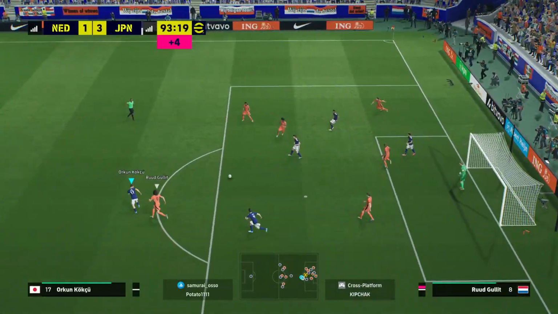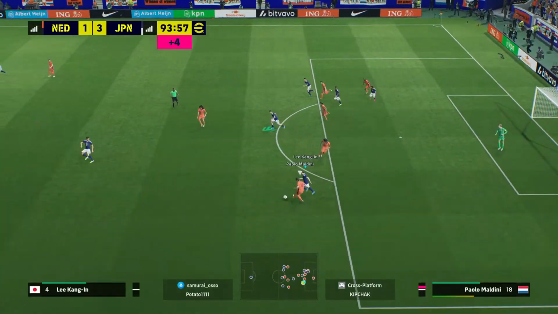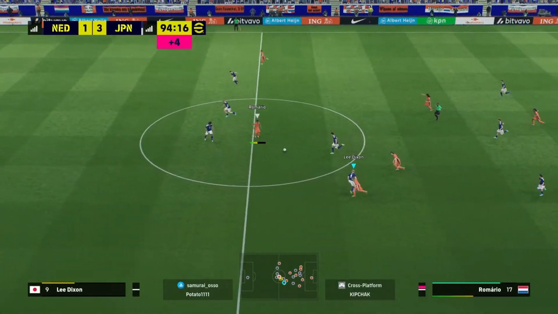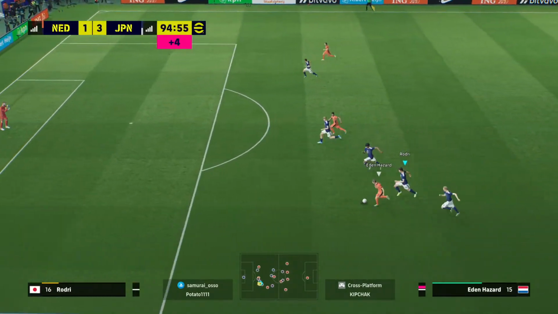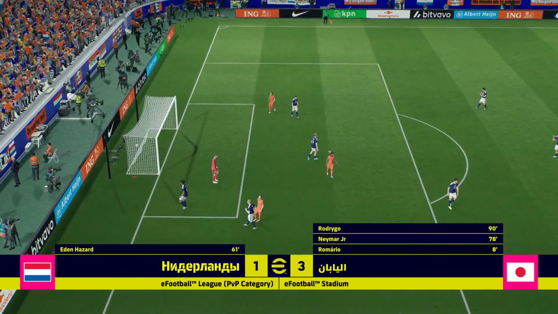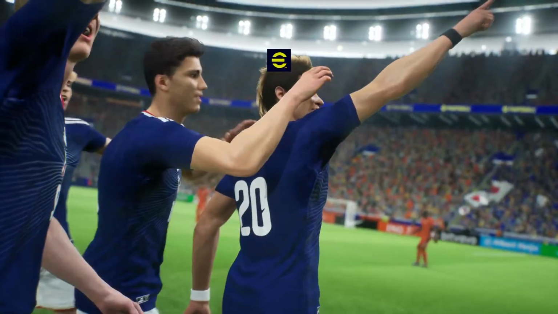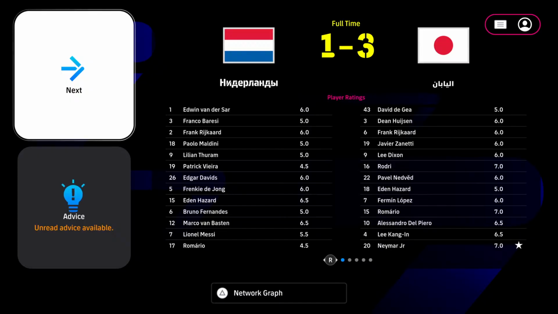Oh, important interception. Azar. Now it's Romario. And now the breakaway. He is through here. Such good technique. And the shot! And with that, the end. What a satisfying performance. A performance at times of determination